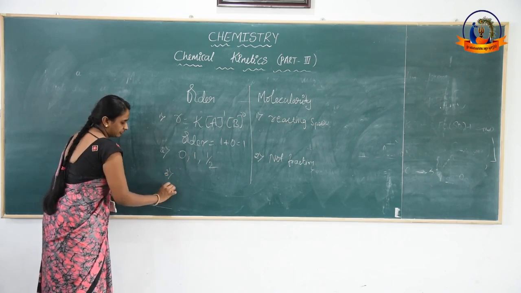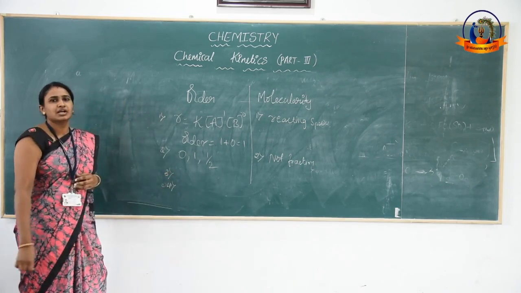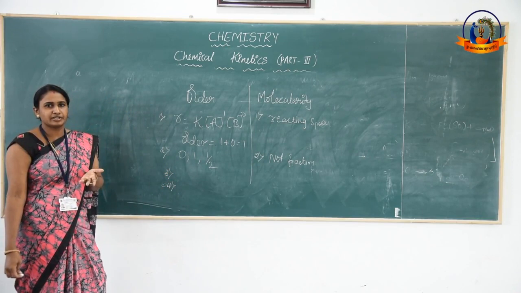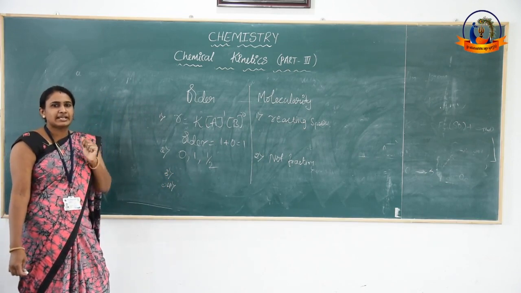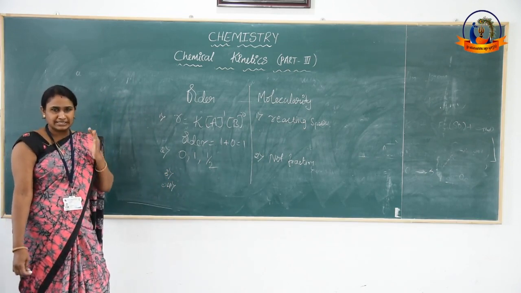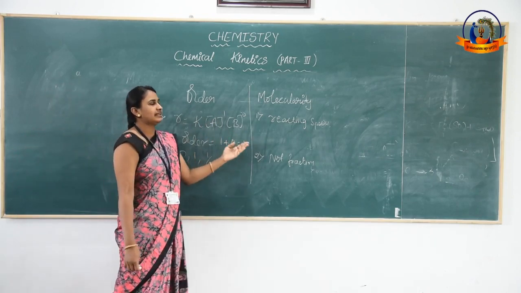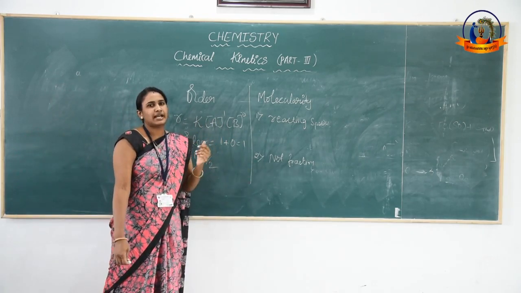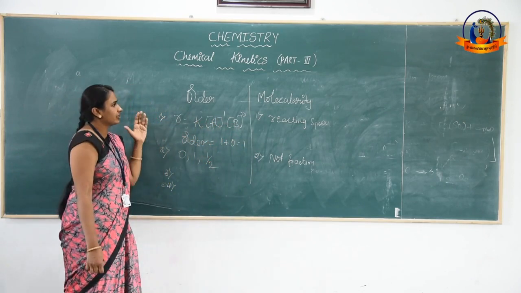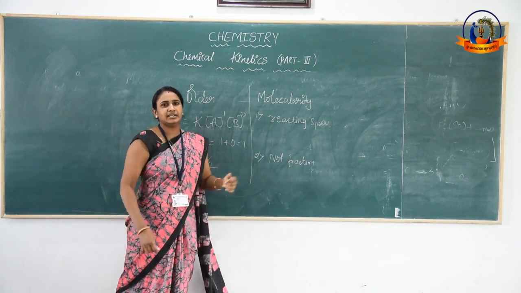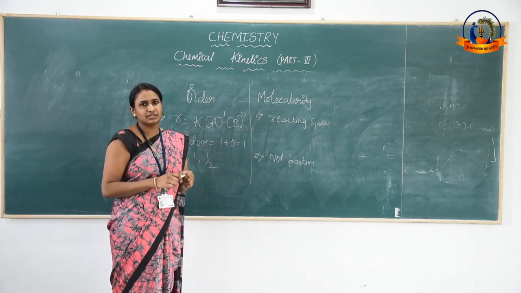Fourth difference: in a complex reaction, order depends upon the reaction step which takes place very slowly, whereas molecularity depends upon the overall reaction. This is the difference between order and molecularity. In the next class, we will discuss the integrated